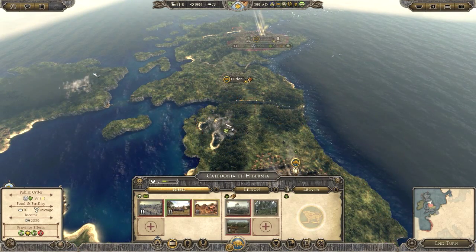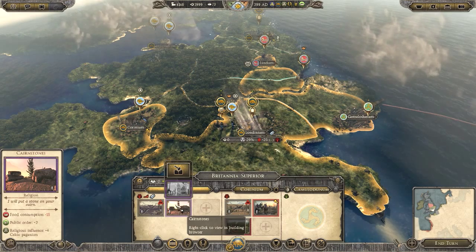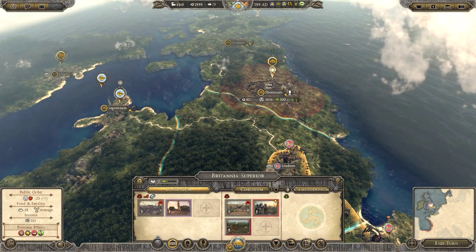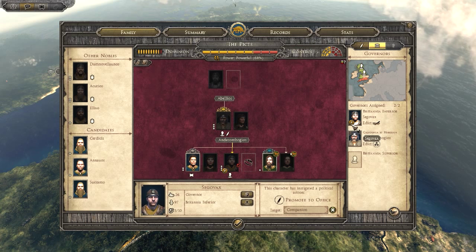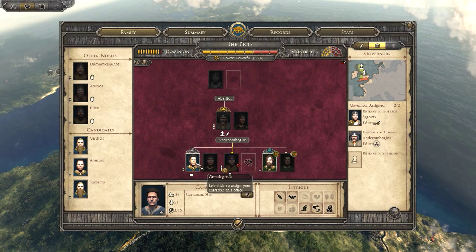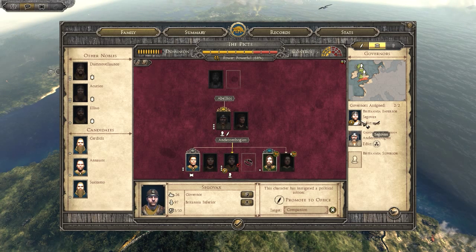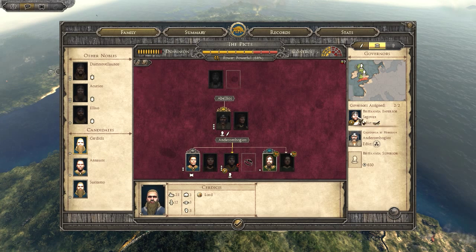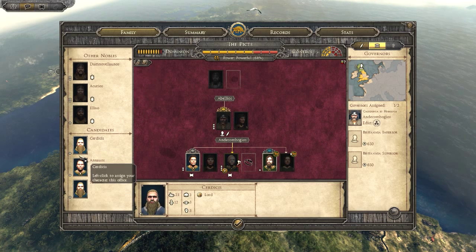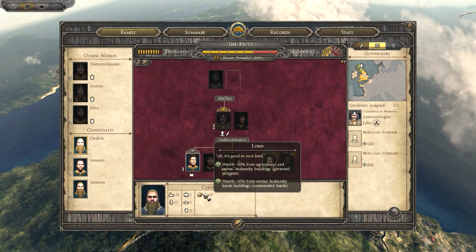Where did I get... I swear I built. Oh, I did too. So that was a good idea because I need more Celtic stuff here. So I'll get him out, and I can stick...